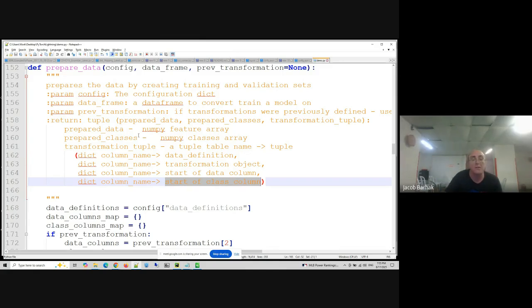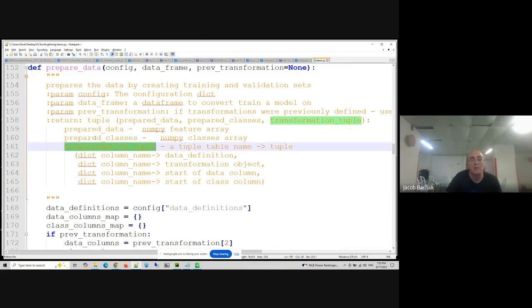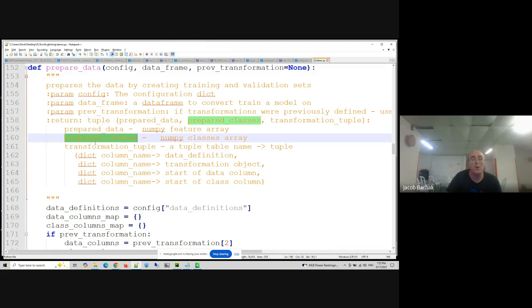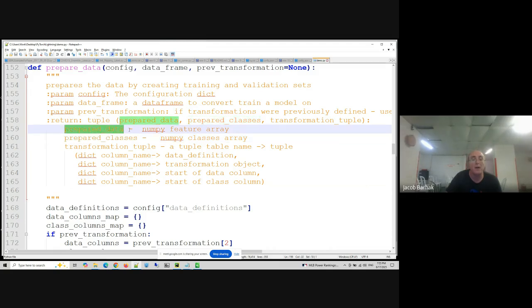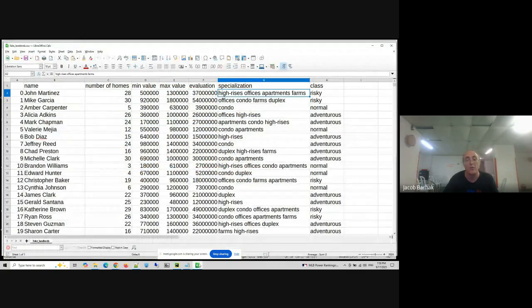All of those are called the transformation tuple. Also, it will give you the prepared data as a NumPy array. When you transform all of this into numbers, all of those columns between zeros and ones, this is what we call a feature, and we will have a feature vector.